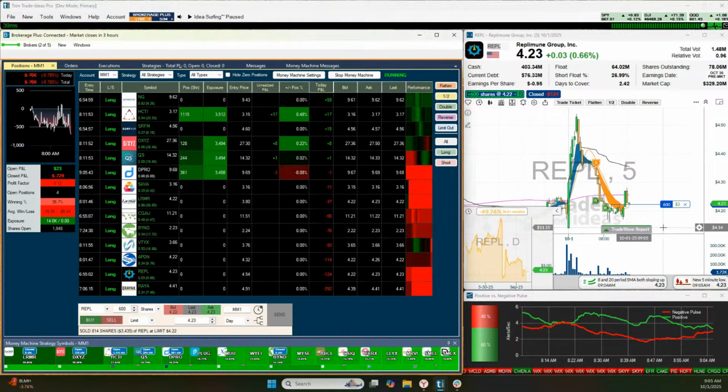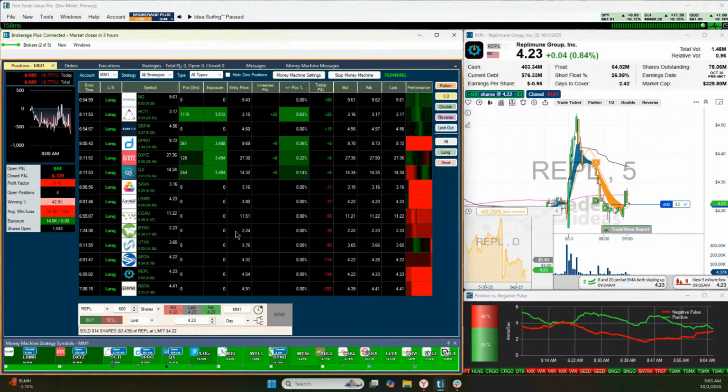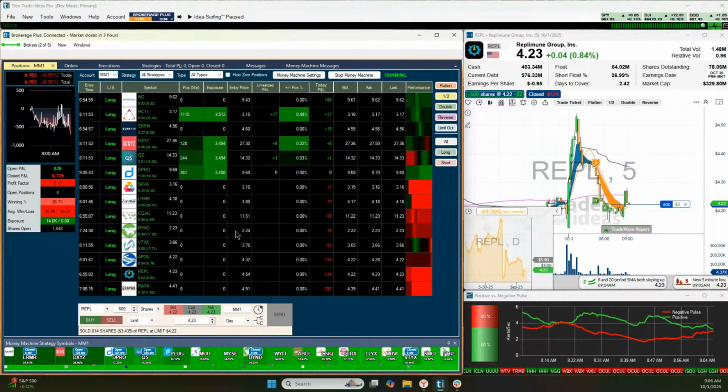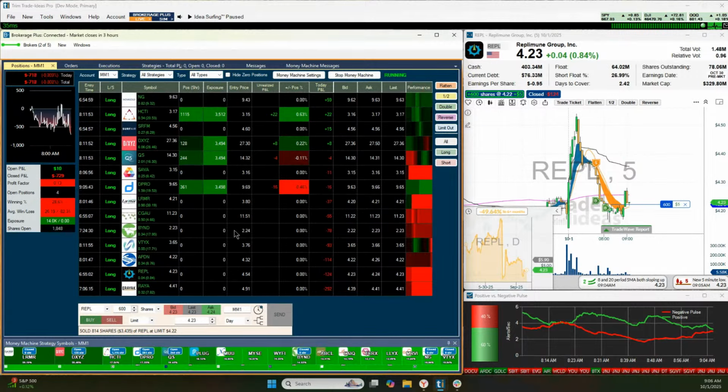Give me a yes or a no. I want to make sure you guys understand that money machine and running it, especially right now when it's in sim mode, is an incredible way for you to learn how to use this tech and get into trades that are working and trades that can then really pay off quite big, but you saw them because you let the money machine go. Okay, very good, MB. I'm glad you guys understand.